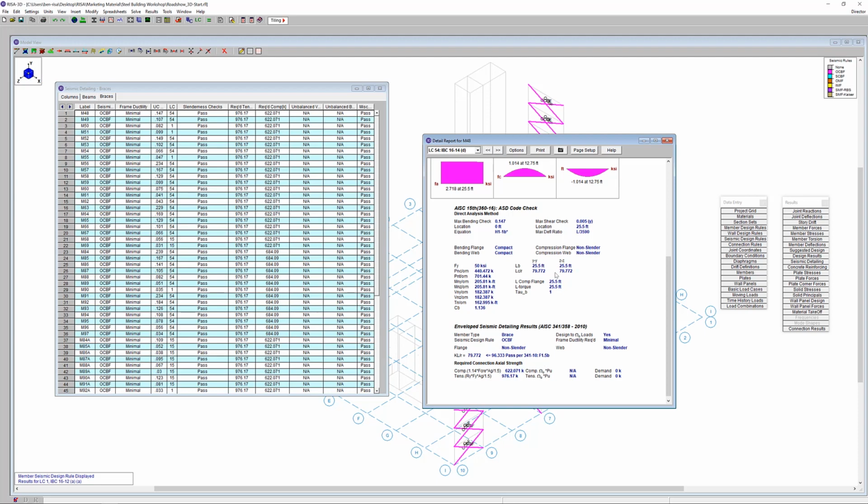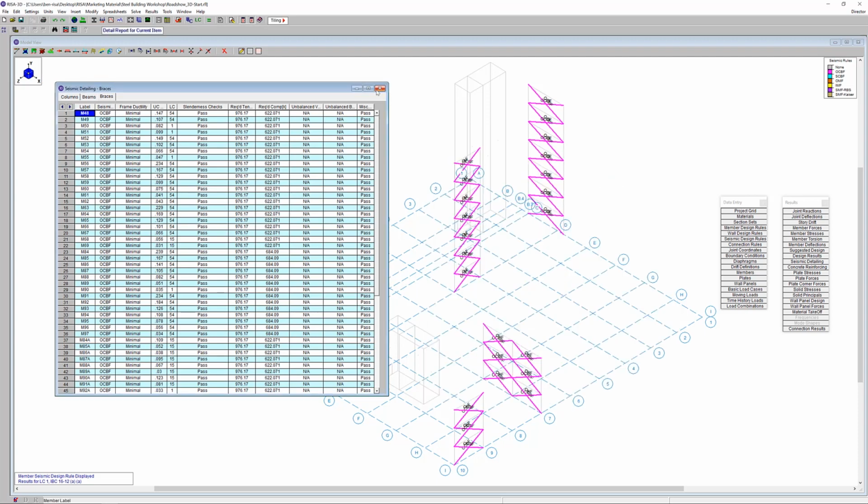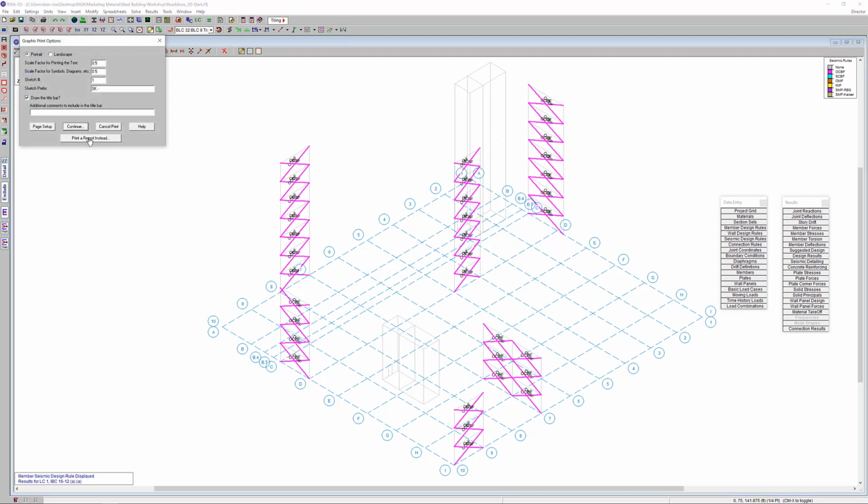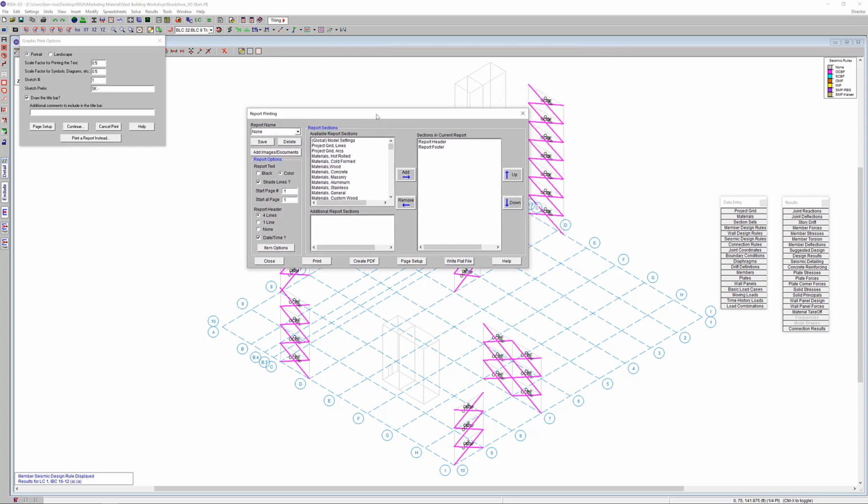Now, before we move on into RISA connection, the last thing I want to do is show a little bit about the report creation in RISA-3D. If I come up here and click on print, we're going to choose to print a report instead. We can choose to create the information of our report. Many of you may be familiar with the report creation features here. One of the things I love about this is we can always include